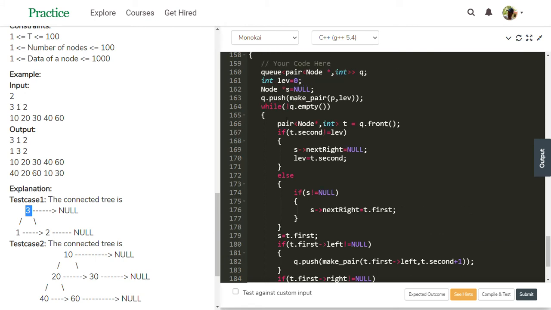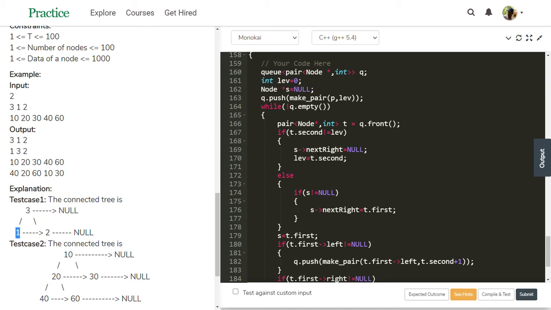Check this while condition. Q empty or not? It is not empty because it has one node's details, two node's details. Then once again, t gets the q front. In the q front, 1 is there. Then t gets the 1 node's details. T second is 1. 1 not equal to 0 is true. Yes, true.